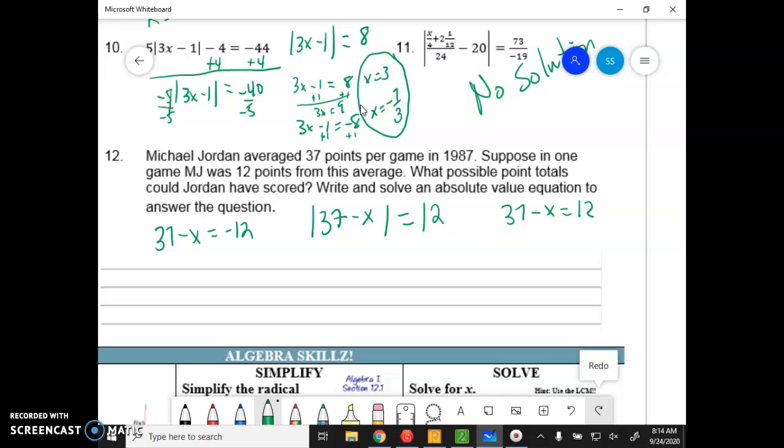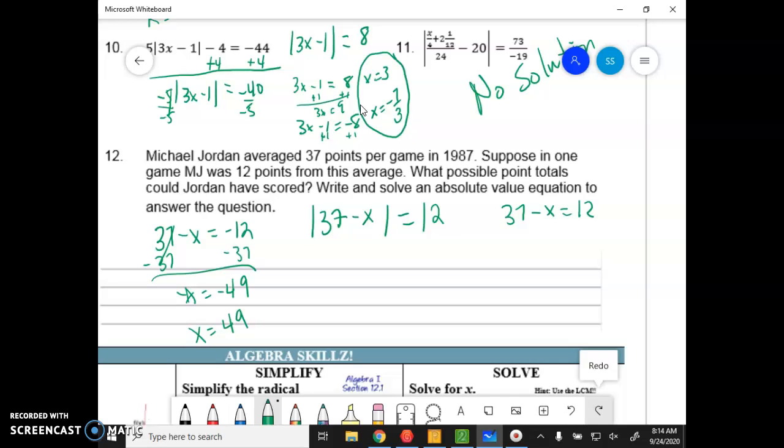So we're going to first subtract this 37, and we're going to be left with -x is equal to, what's this, a negative and a negative, we're going to get -49, but this is a -x, or -1x, so if we divide by -1 on both sides, we're going to get x is equal to +49. So we could have had 49 points, that's on the high end of his scoring average,